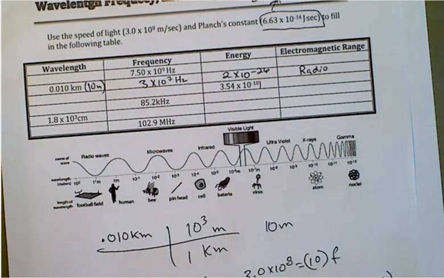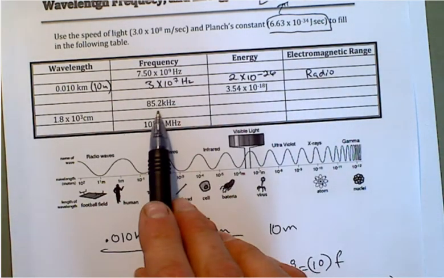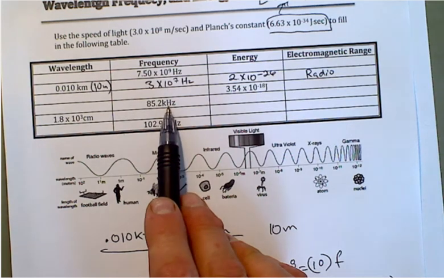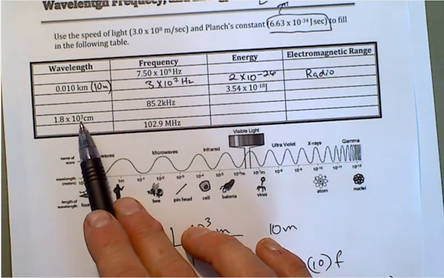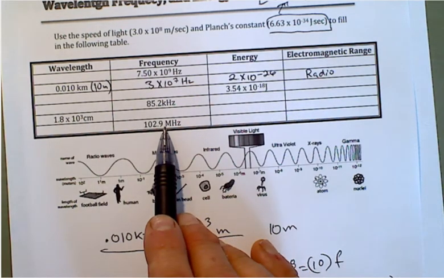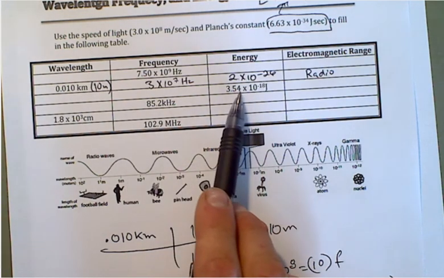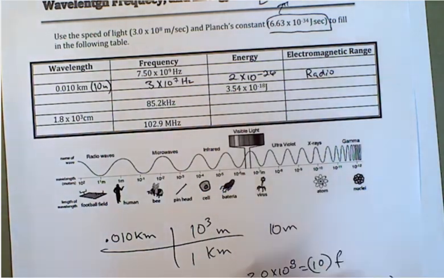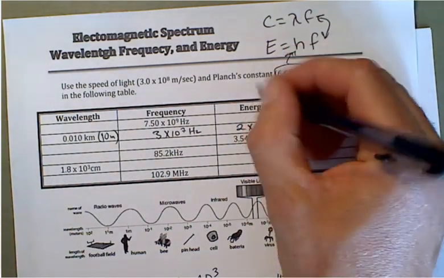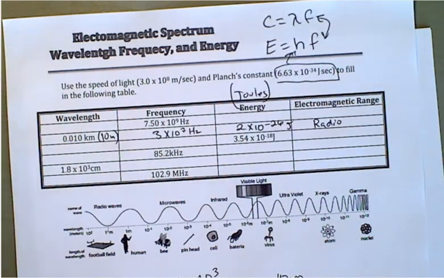There you go. So in all of these, make sure to convert to the base unit. Like right here, it says kilohertz, right? You got to convert that to hertz before plugging it in. Right here, it says centimeters. You got to convert that to meters before plugging it in. And this one is megahertz. Big M is mega. You got to convert that before plugging it in. This one you can use just as is because energy has units joules, J.